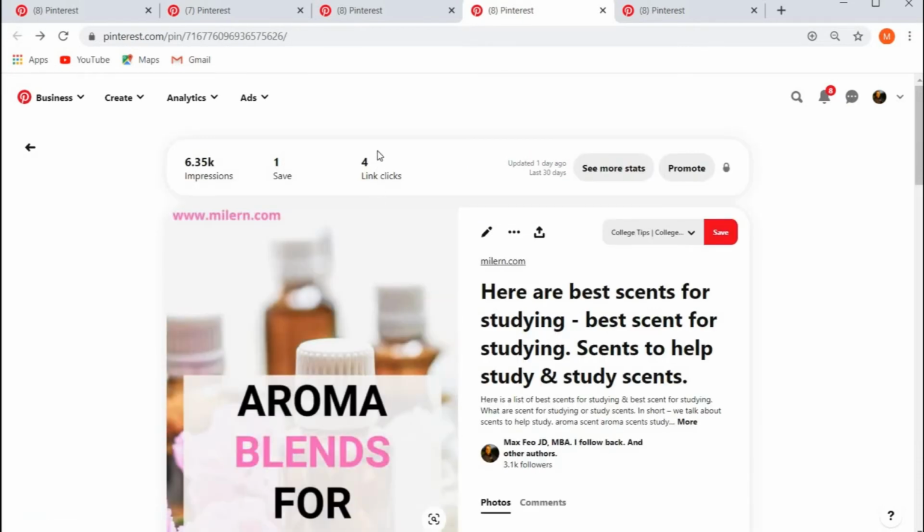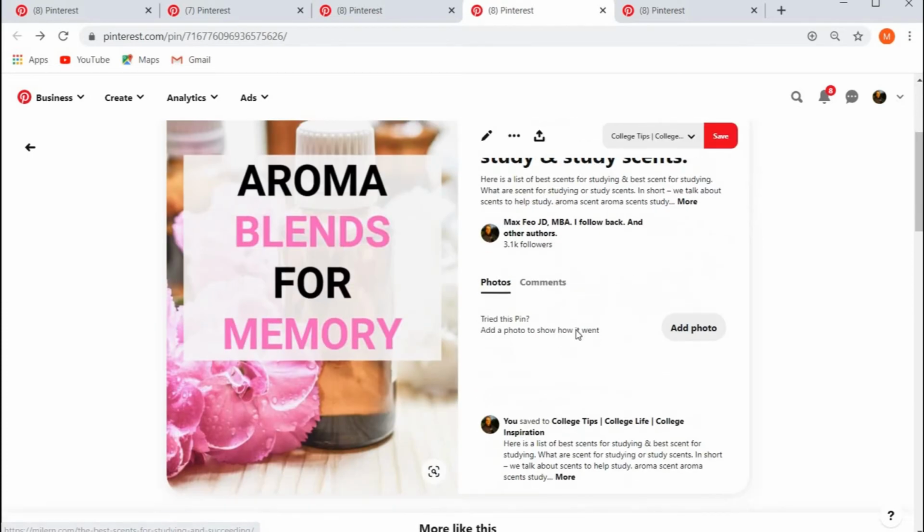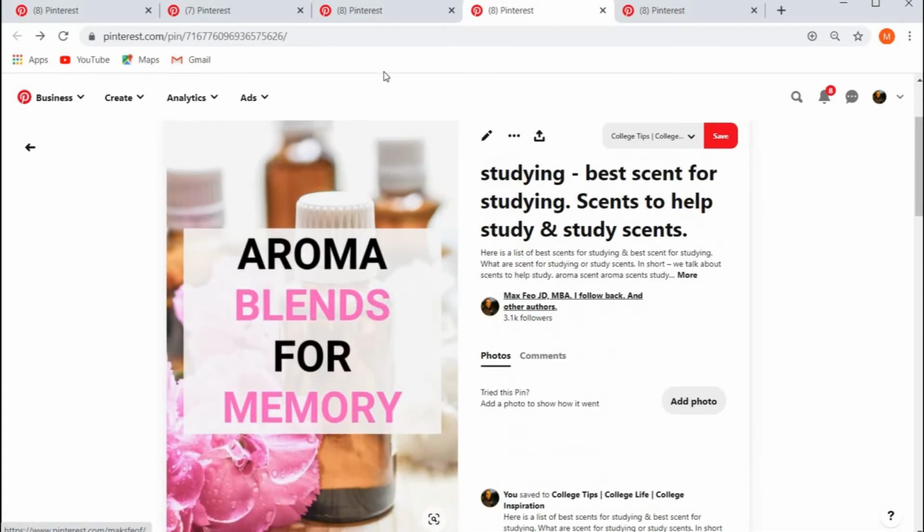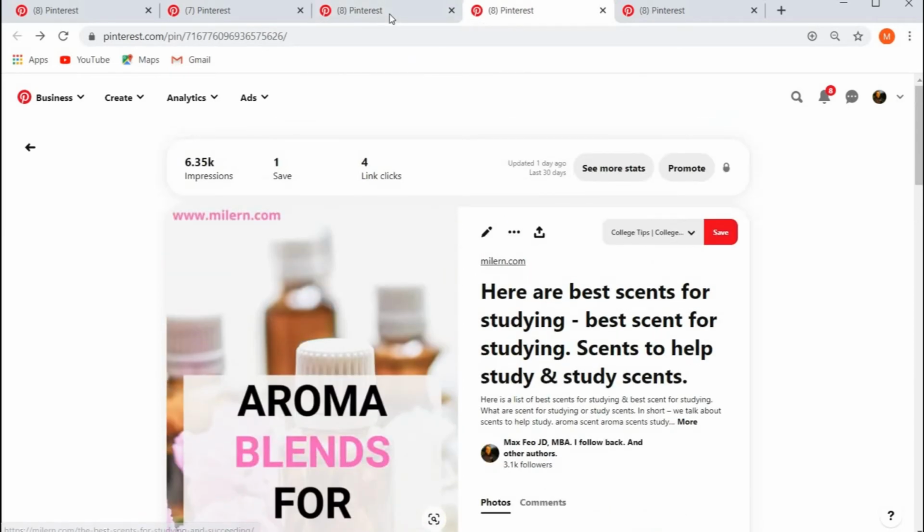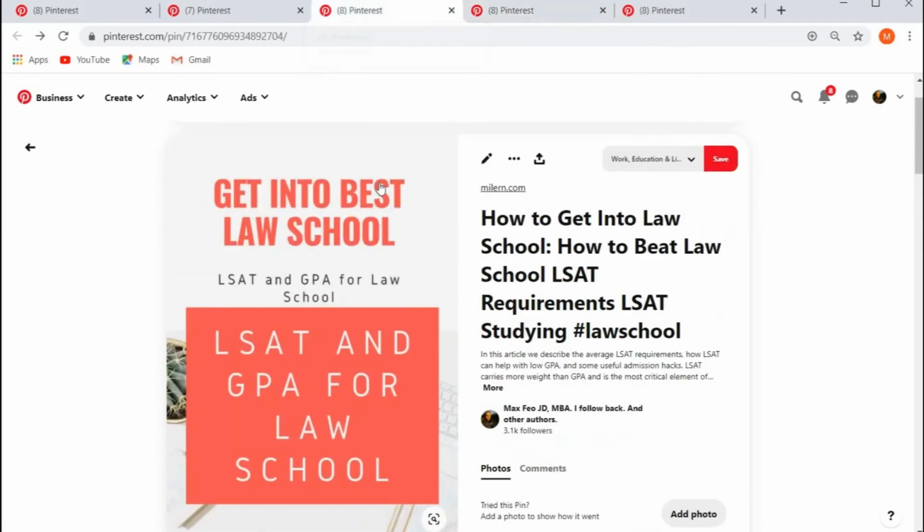This pin, I don't know if it's going to go viral, but what I want to tell you is that it will continue to receive clicks, and it will continue to grow, and more likely it will exceed the number of impressions and clicks of this pin.